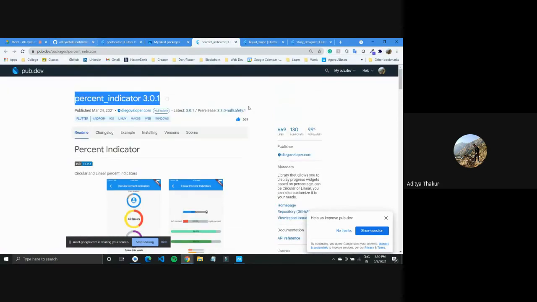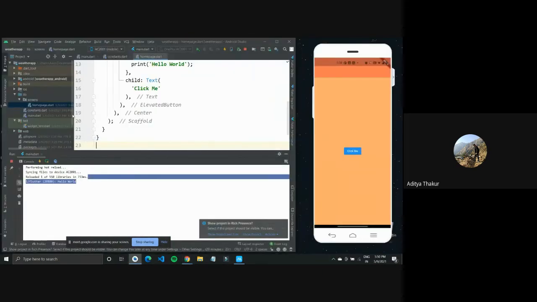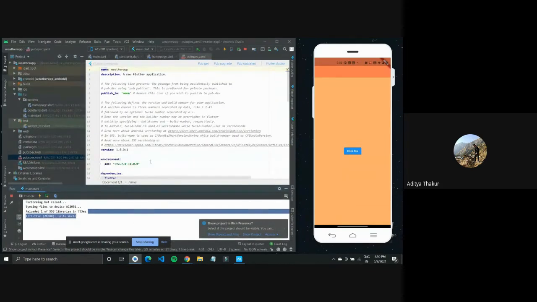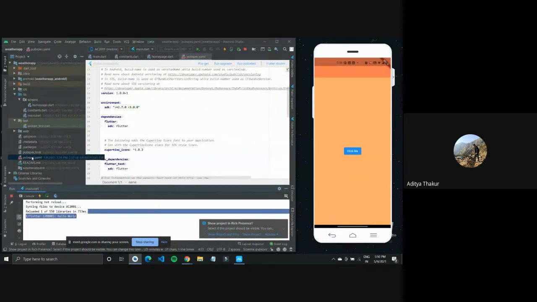You can simply copy the package code and go over to pubspec.yaml. This is the file that we have, and it is one of the very important files. You'll find it inside your project down here.